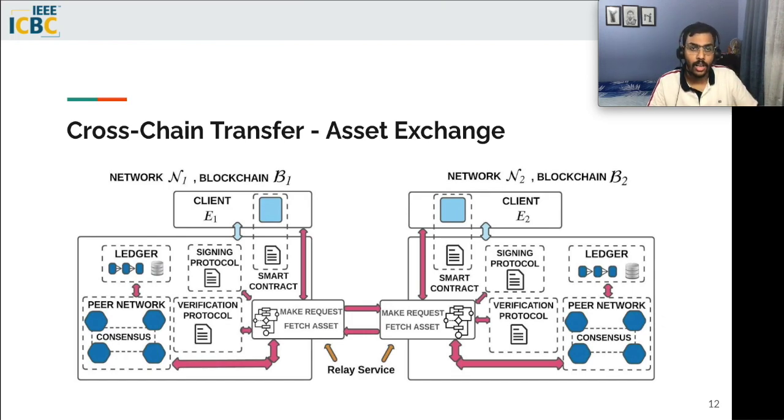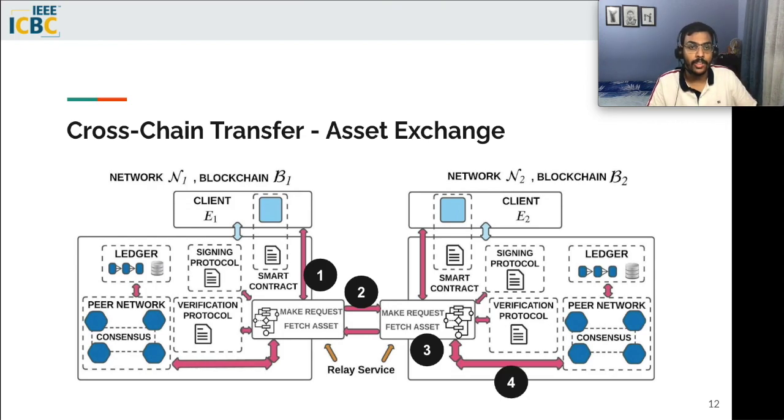So the steps are: 1. The client E1 of N1 requests a version of the global model from network N2 through the relay service of N1, and the destination address is obtained based on the identity information present in the clients, as assumed. The relay service of N1 then serializes these messages received from E1 and sends them to the relay service of N2 via HTTP POST request, where these are decoded to extract the parameters.